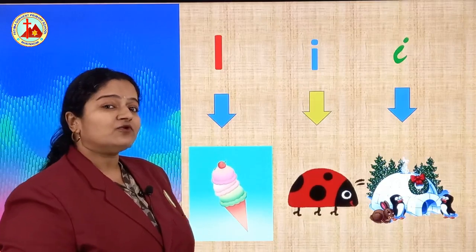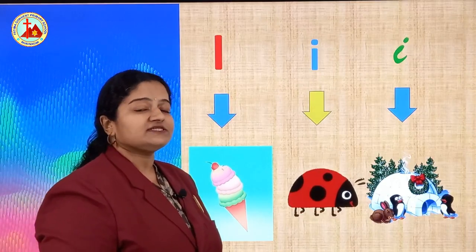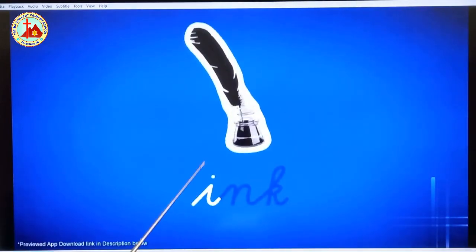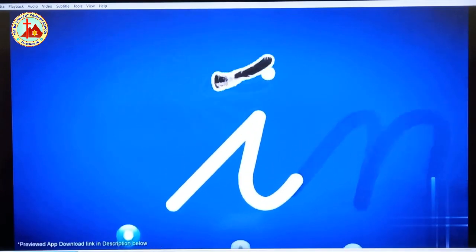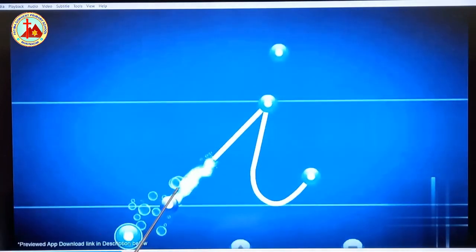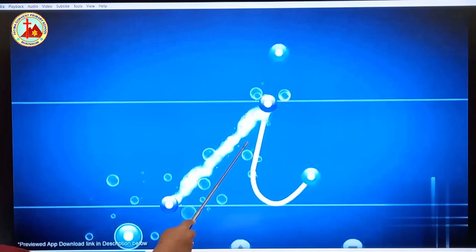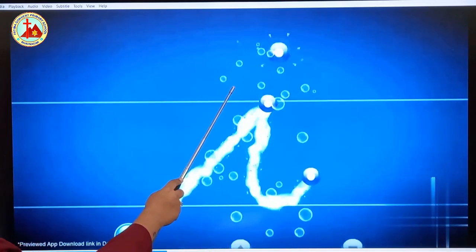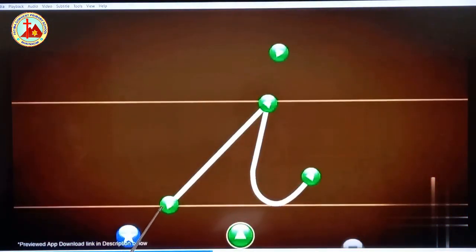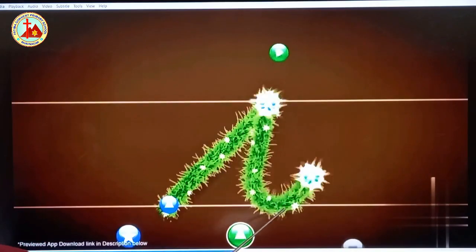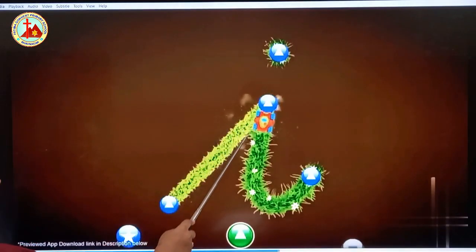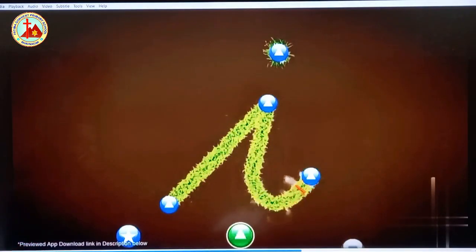Now children, I will show you how to write I. So watch it carefully. I, cursive writing I. I says ink pot. Now how to write I? Start from here and two blue lines. You have to write in two blue lines. Go on top, come back, I. And you have to put a dot on I. Again one more time. Start from here, go on top, come back, and you have to put a dot on I. This is cursive writing I. Yes, got it?